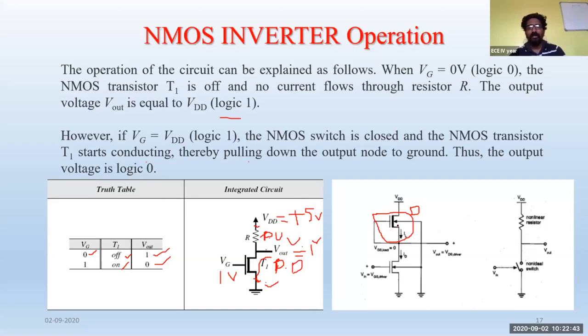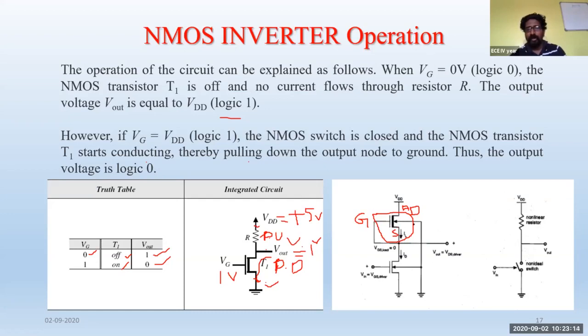So now here, if you are using a depletion mode transistor, always keep in your mind the gate terminal of this depletion mode N transistor will always be connected to the source of this N transistor. We know that for the N transistor, this terminal will be a drain terminal, this is your source terminal, and this part is a gate terminal. So in the depletion mode transistor, the gate terminal is always connected to the source of this N transistor.